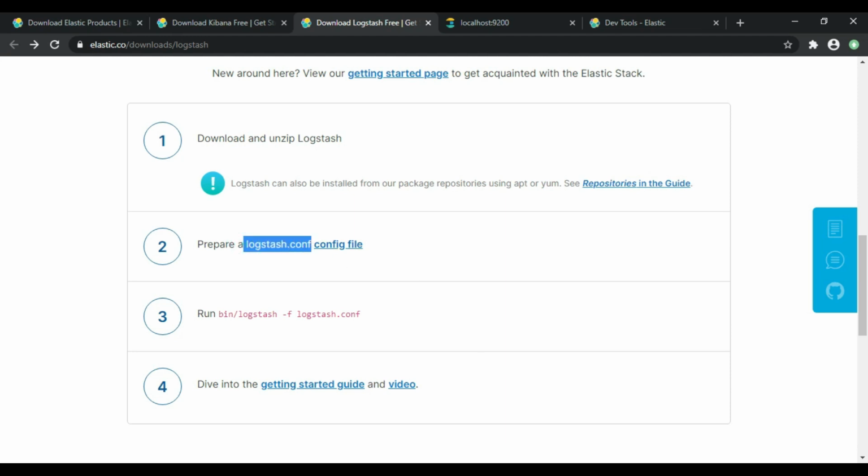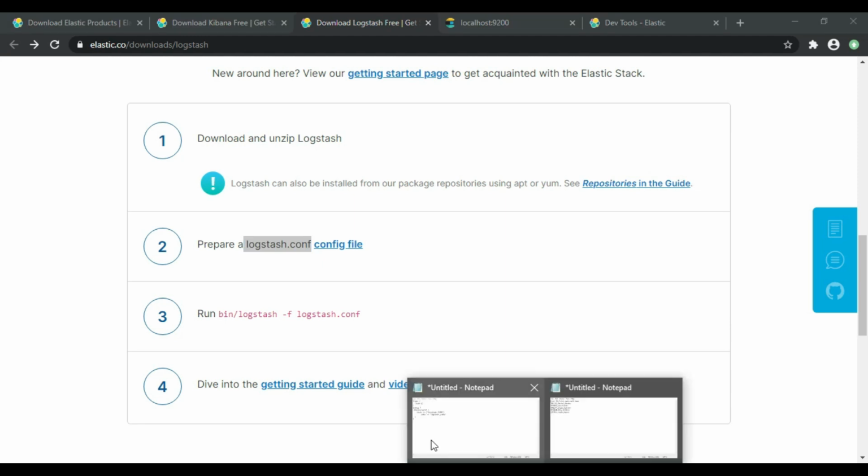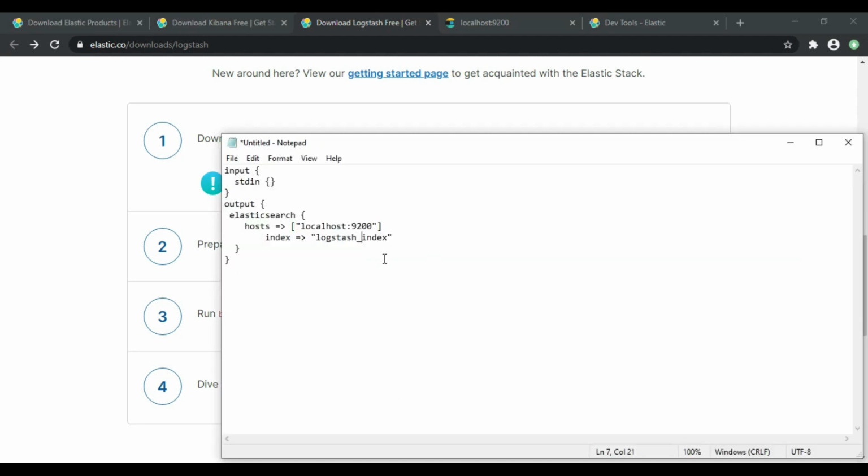For this, I have a sample file where we have to give the input and an output. The input is stdin, meaning I am giving the input from the command line, and this is the JSON for that input: the opening bracket, the closing bracket, and inside that stdin, and then output.